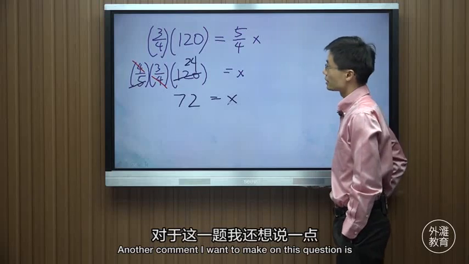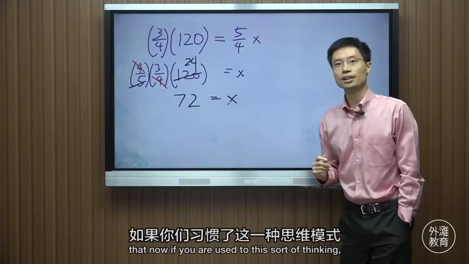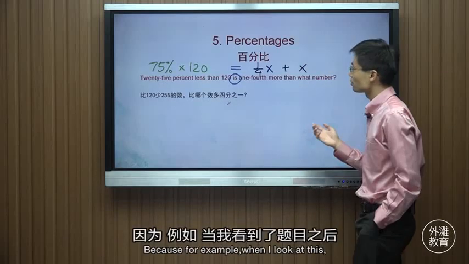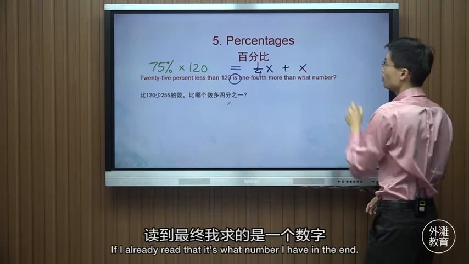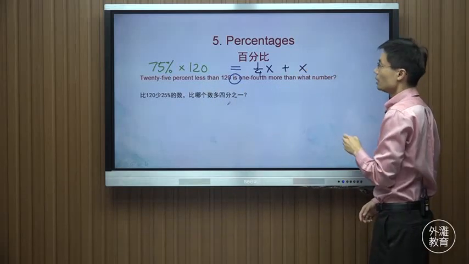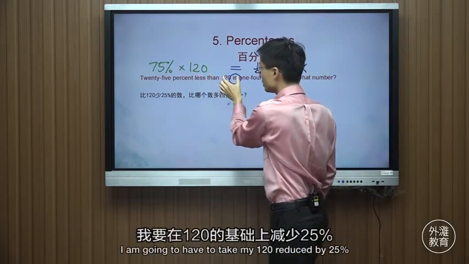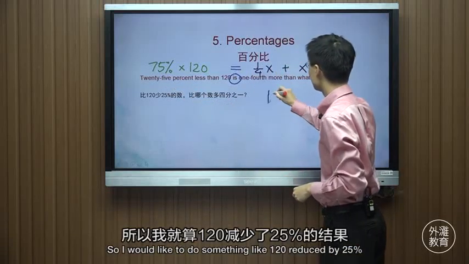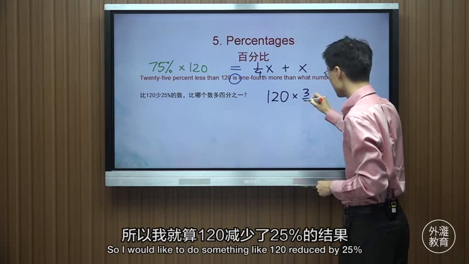Another comment I wanted to make on this question is that if you're used to this sort of thinking, you can actually even do this kind of question in your head. Because, for example, when I look at this, if I already read that this "what number" is the thing I have at the end, then you can already see that I'm going to have to take my 120, reduce it by 25%, so I'll need to do something like 120 reduced by 25%,